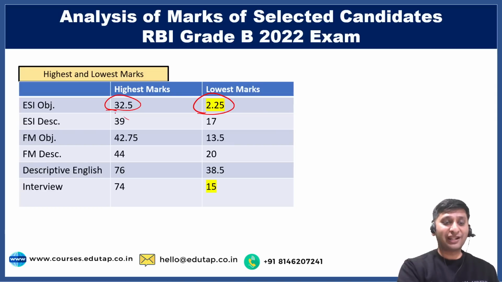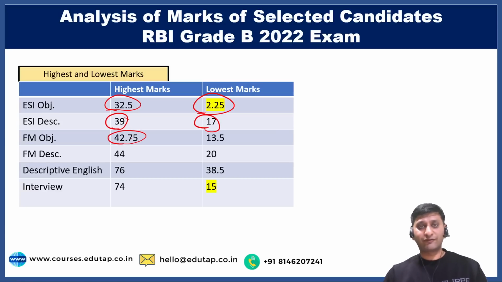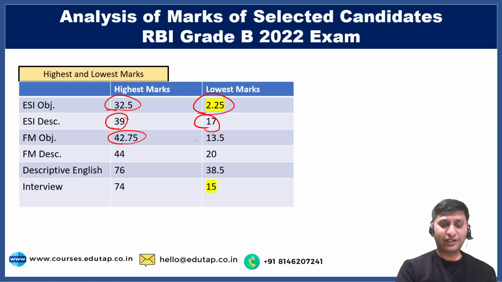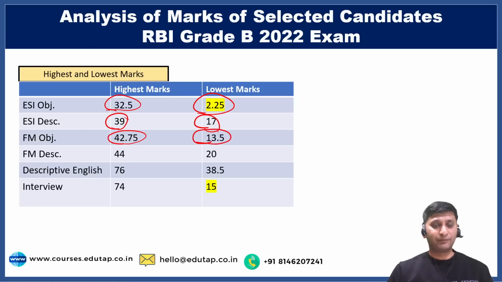ESI descriptive में highest is 39 and the lowest is 17. FM objective always scoring 42.75, almost 43, और यहाँ पे 13.5 lowest है. पता नहीं ये क्यों आया, I don't see any reason. थोड़े ज़्यादा होने चाहिए थे, मतलब यहाँ पे FM objective इतना भी टफ नहीं था कि lowest marks 13.5